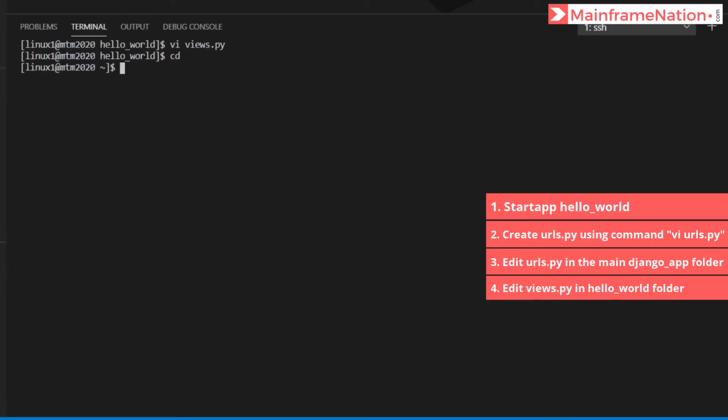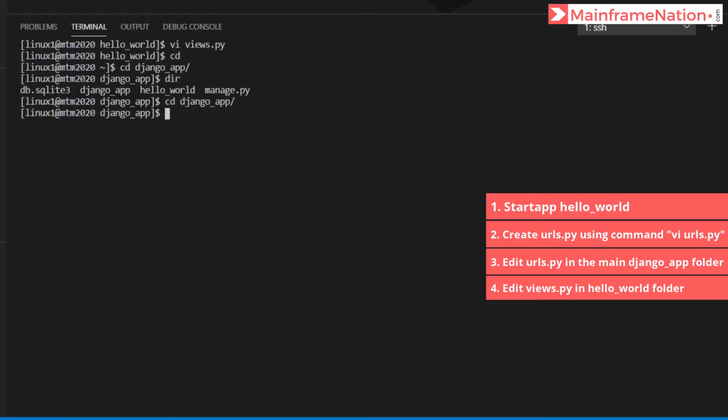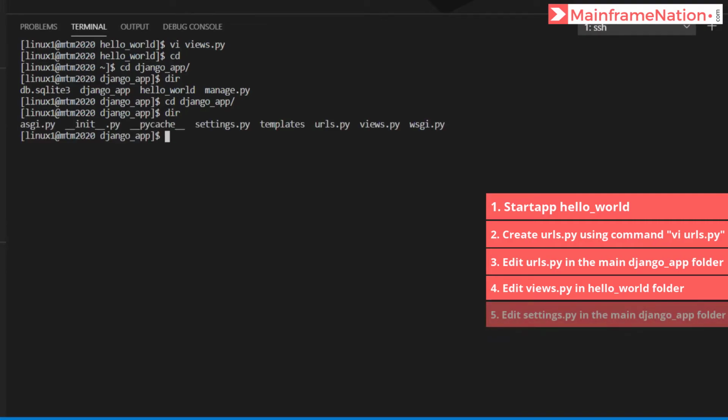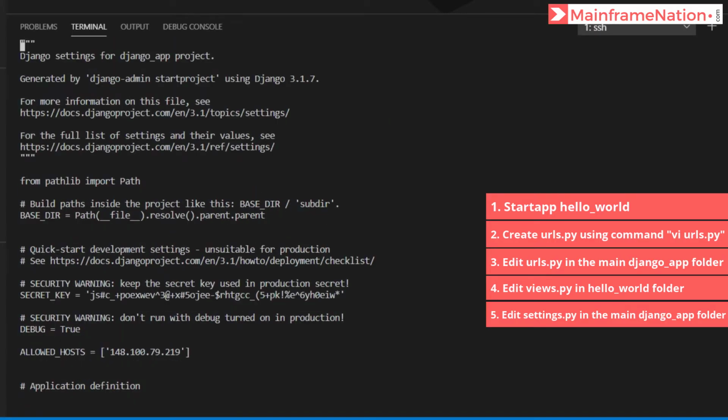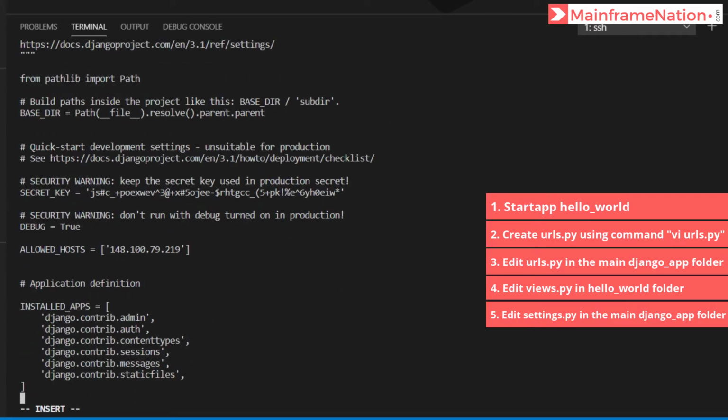So let us go to the main Django app, and then here we have to edit settings.py again. Go down and there will be an option called installed apps.